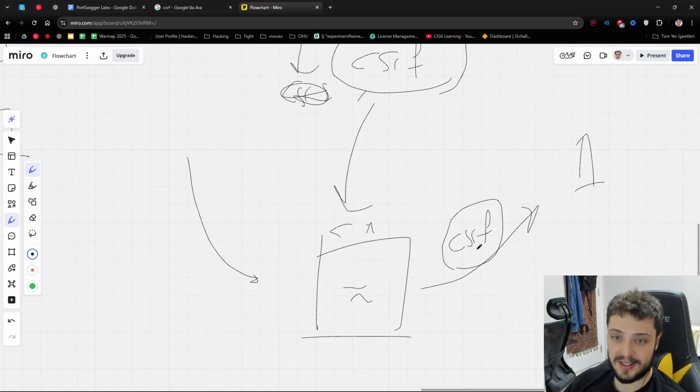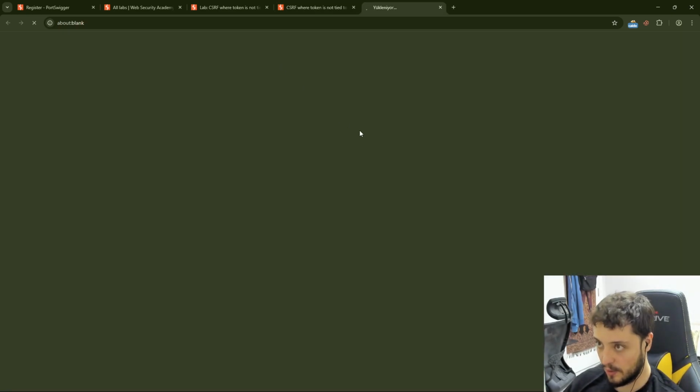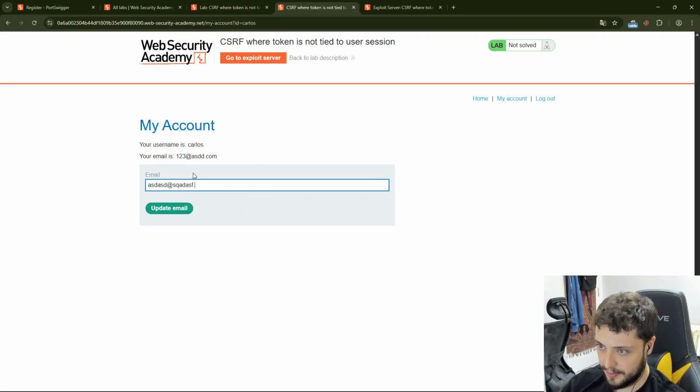Why is it working? Why is the CSRF token there? It is because an attacker cannot guess it. It is a complicated value. An attacker cannot put it in the request's body payload. But what happens here is the attacker can get CSRF values as many as he wants, as long as he doesn't use them. He will get it, not use it, put it in the payload, and it will change the victim's email address. So if you go to the exploit server, first things first,